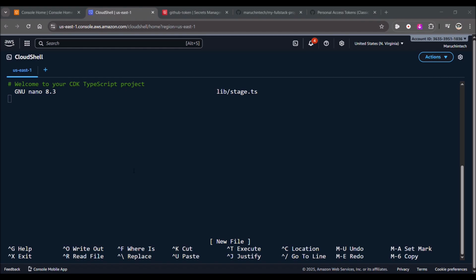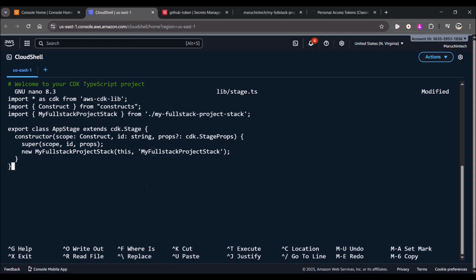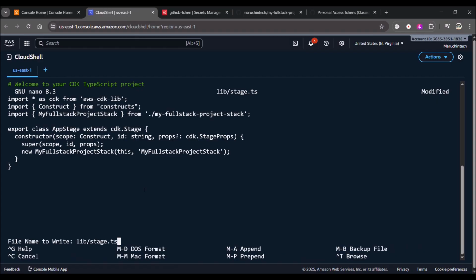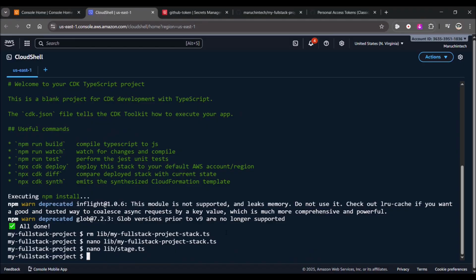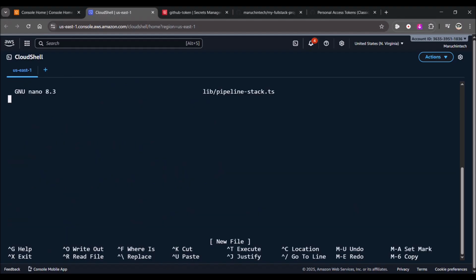So copy my TypeScript code and paste it in the browser, then Control O, enter, then Control X again. Next, nano lib file, the pipeline stack.ts. We're clicking on copy the code, the TypeScript code,